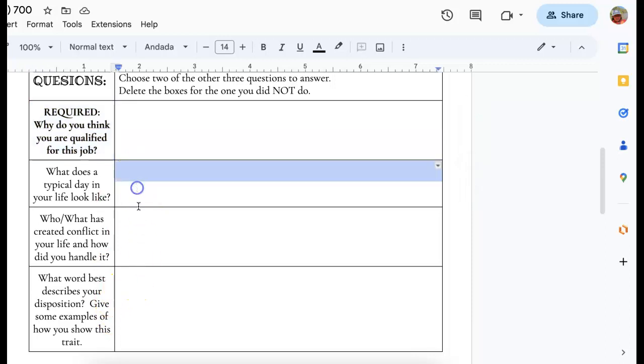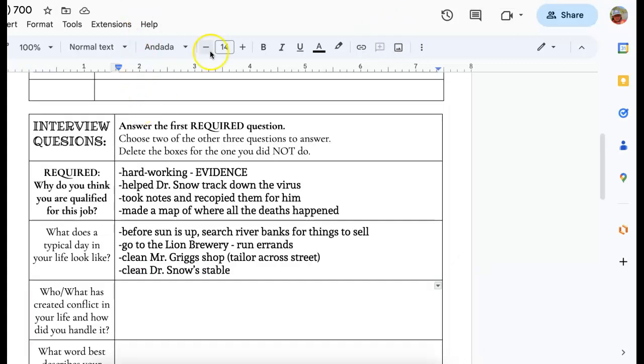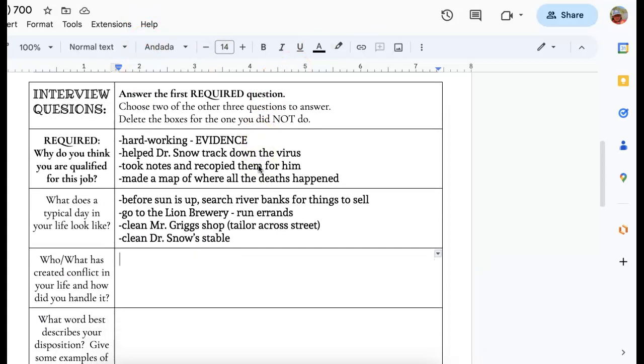And whichever one you end up having the most detail on, that's probably the one that you should choose to do your interview question for. So if you end up having a lot of notes in these two and not too much here, then you won't end up having to do this one at the very end. Okay? So you can see the difference between the final product and the draft.